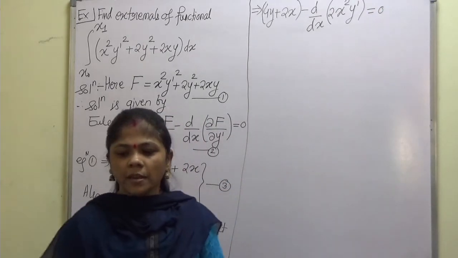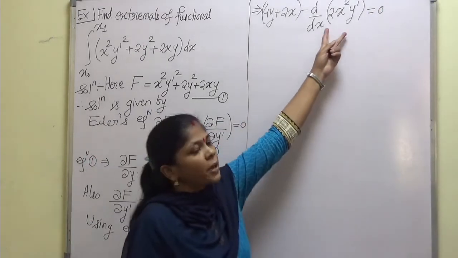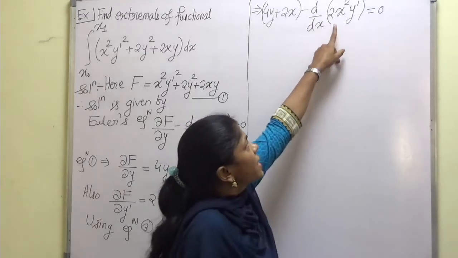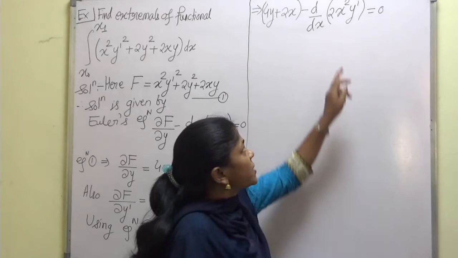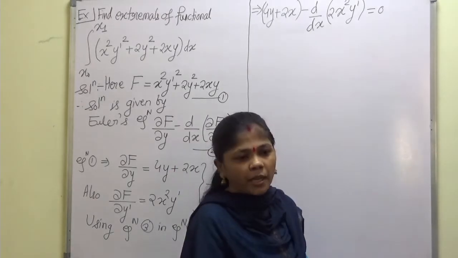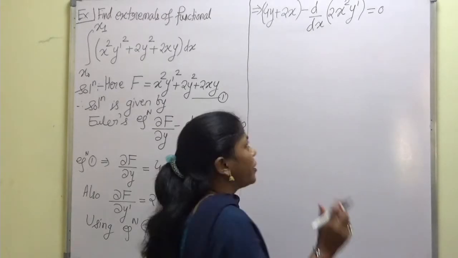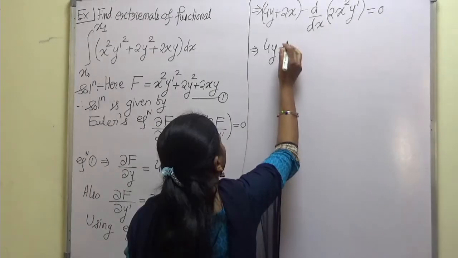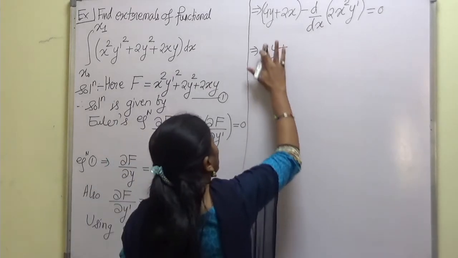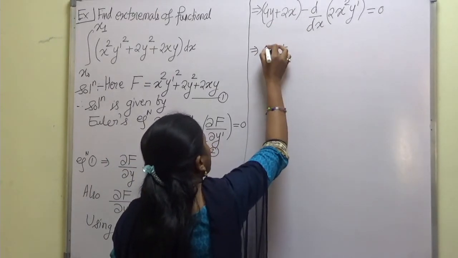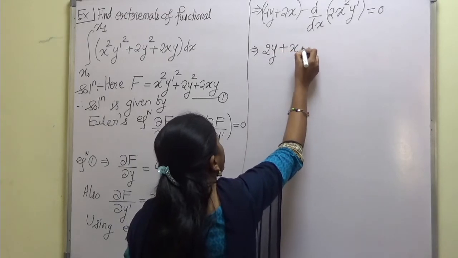Okay, now let us differentiate this with respect to x. So remember, x square as well as y dash are function of x. So that's why here product rule is applicable for differentiation. At the same time, what we will do, we can take 2 common, right? And this will get cancelled with the remaining term. So what is left when 2 will get cancelled? So here it is 2y plus x minus.